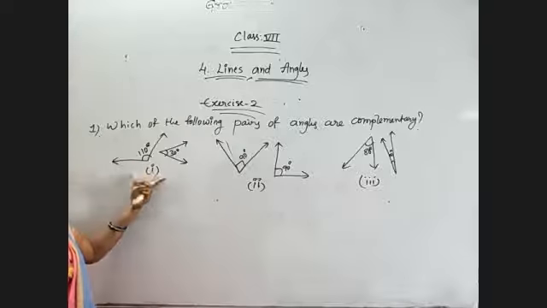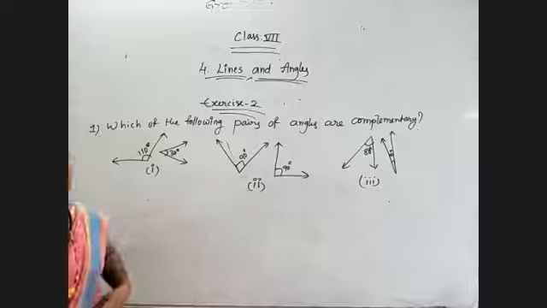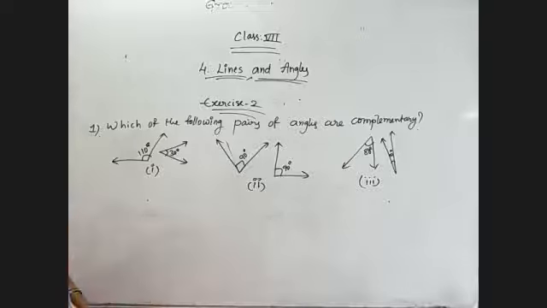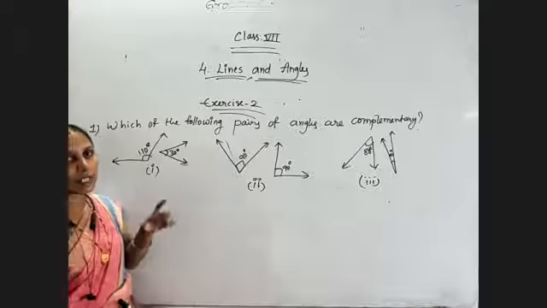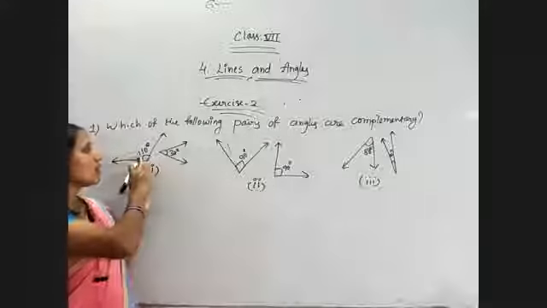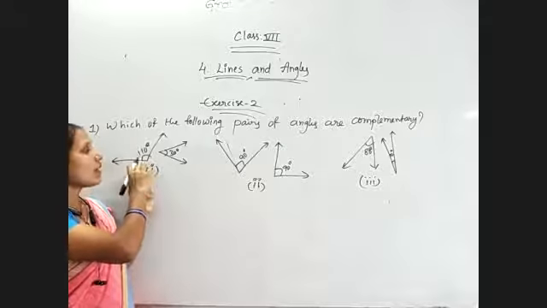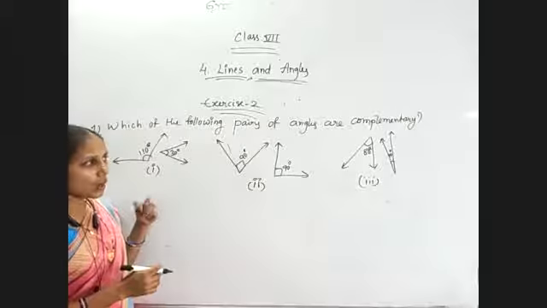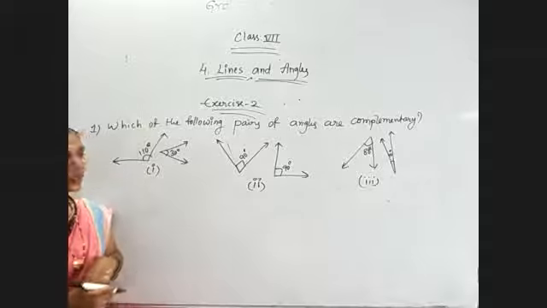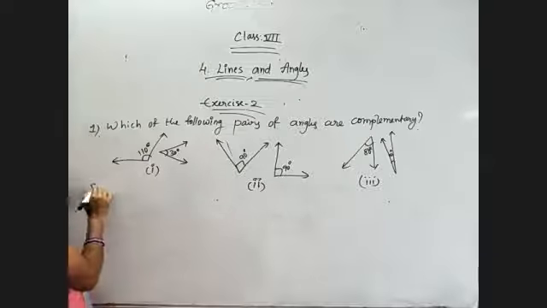Now here in this first figure, we have shown the angles. So the question is which of the colored pairs of angles are complementary. Complementary angles, what is the definition? If two angles' sum is equal to 90 degrees, then only they are complementary. Observe these pictures now. One angle is 110 degrees and the other angle is 30 degrees. What is their sum? 110 plus 30, 140. But how much we must get? 90 degrees. That's why I told you already: when the sum is more than 90, then we will not get a complementary pair. Understand? So, first question answer.